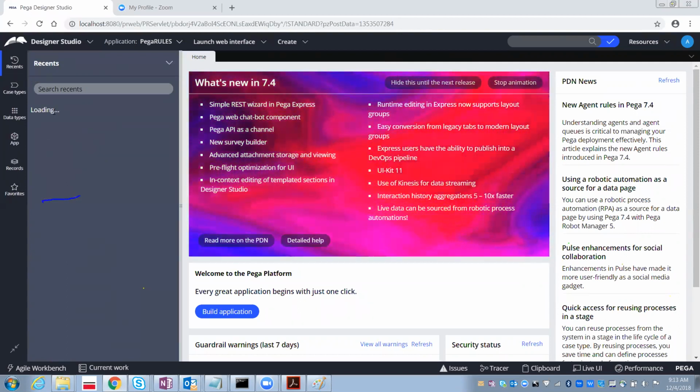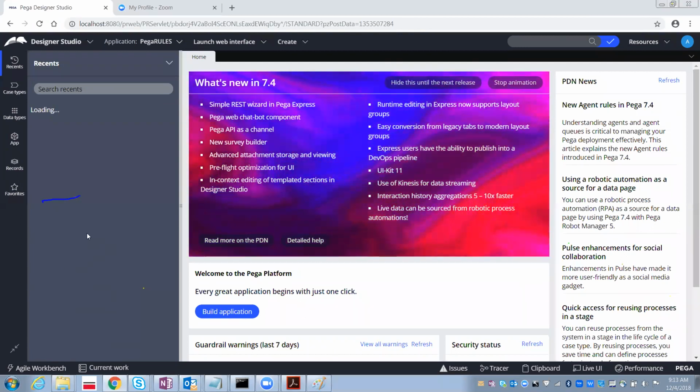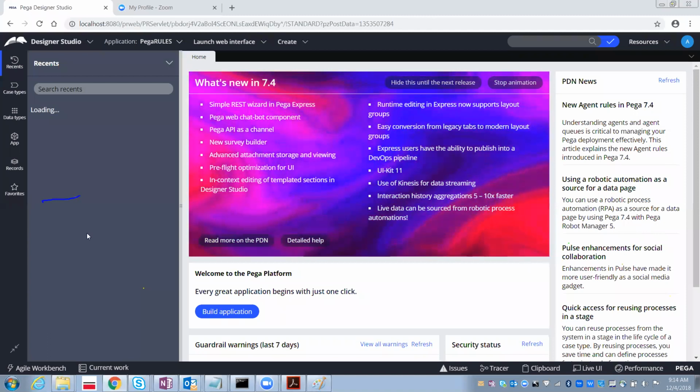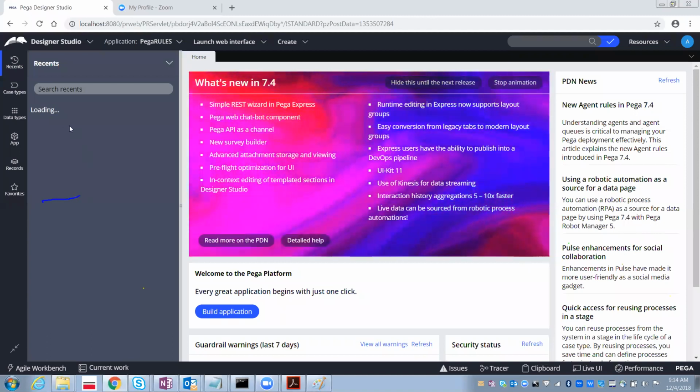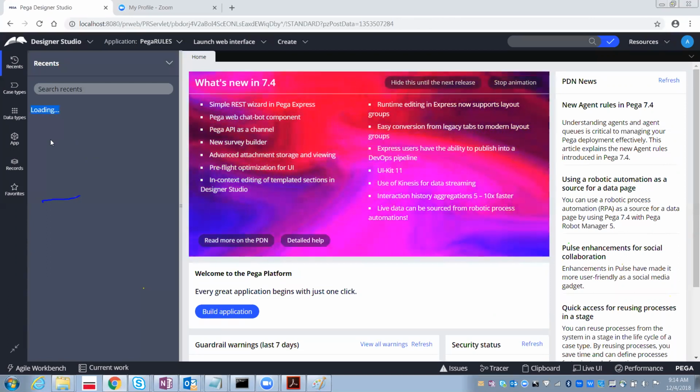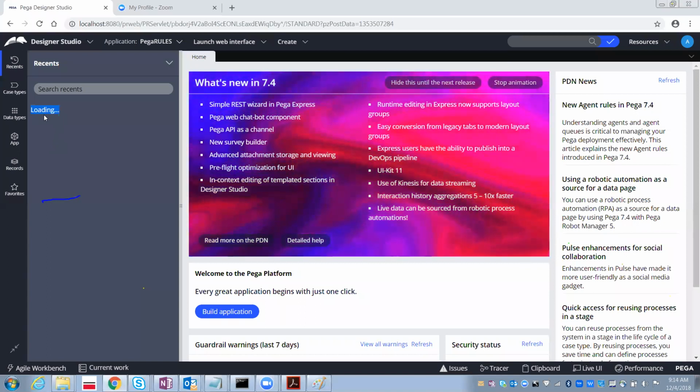In the recents, it will show you all the rules which you have opened just now, the very recent rules. It's loading. Once it loads, we can see that operator ID, admin@sbi.com. It's taking time.